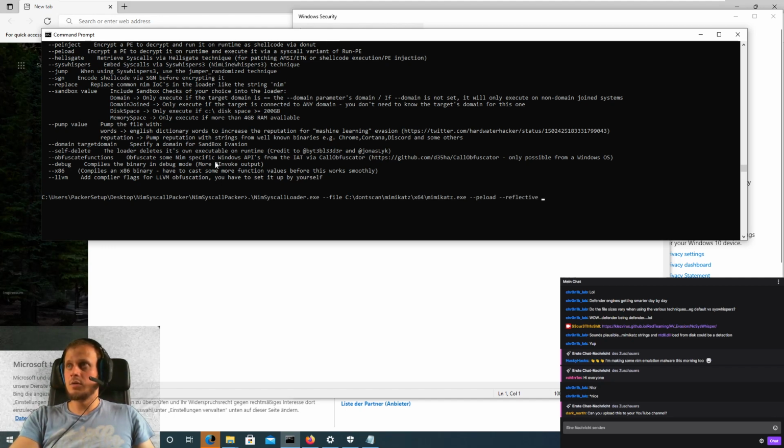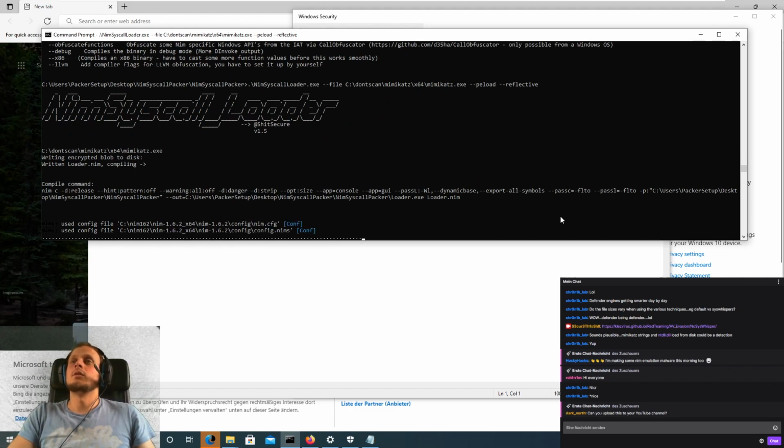And that's the only purpose. Reflective just adds some compiler parameters so that your Nim binary is loadable from memory. And that's cool because you could, for example, load your Nim binary in PowerShell, or you can load it from some C# assembly, whatever, with PE reflection technique. So PE load is needed, reflective is needed, and if you do that,